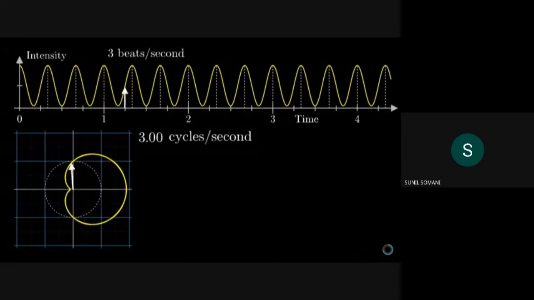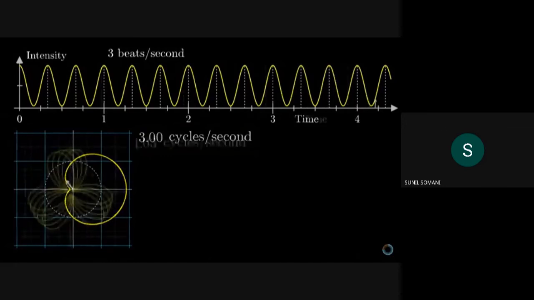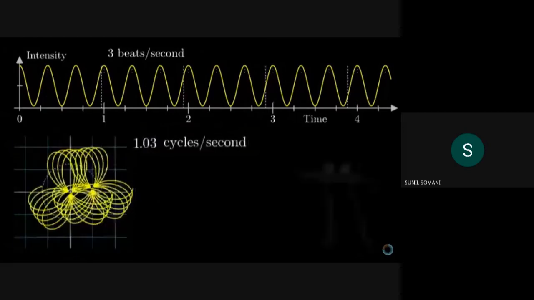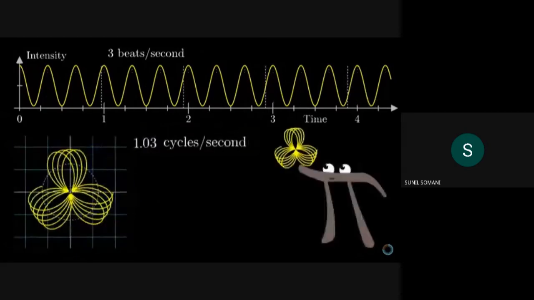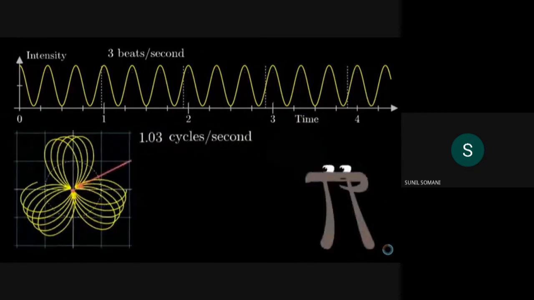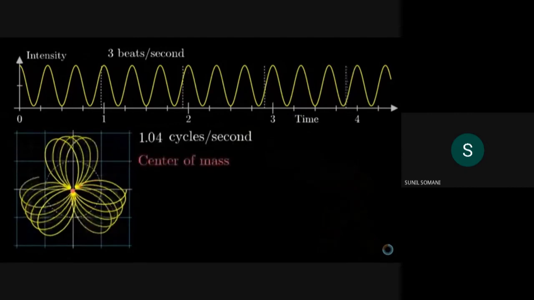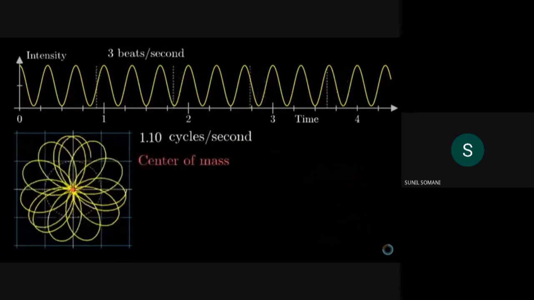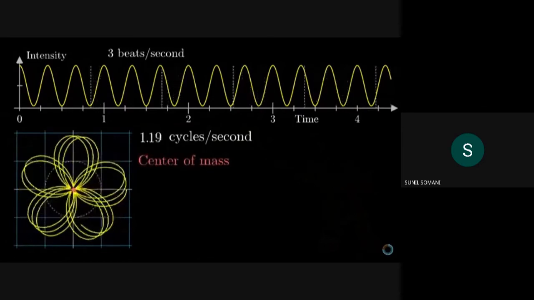All of the high points on the graph happen on the right side of the circle, and all of the low points happen on the left. But how precisely can we take advantage of that in our attempt to build a frequency unmixing machine? Well, imagine this graph as having some kind of mass to it, like a metal wire. This little dot is going to represent the center of mass of that wire. As we change the frequency and the graph winds up differently, that center of mass kind of wobbles around a bit.